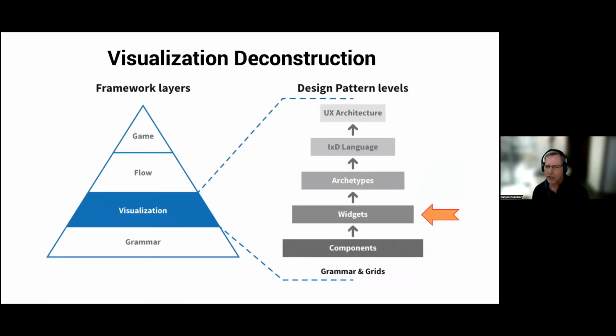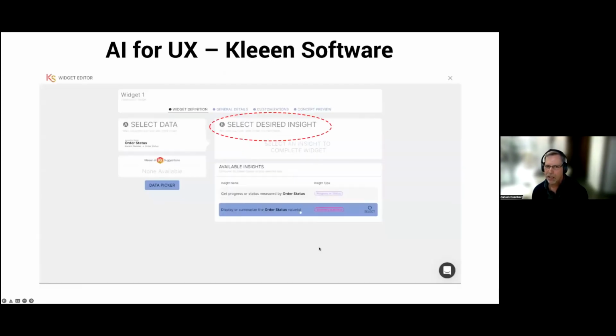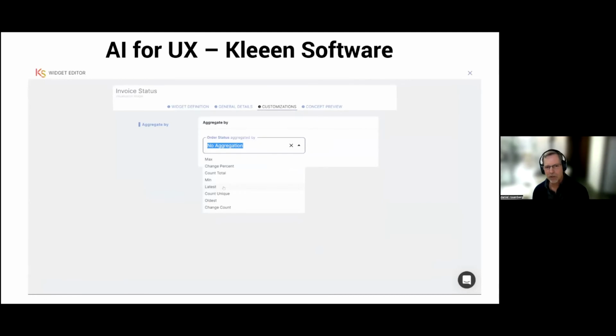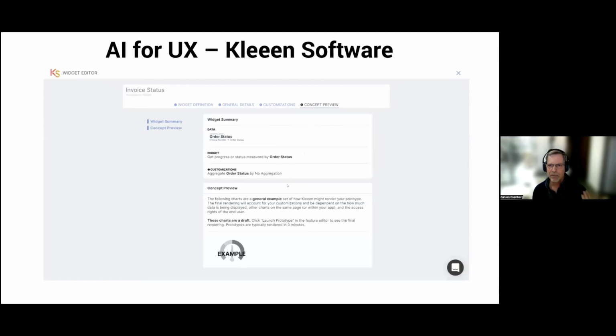In the visualization layer in the UX Magic book, there's also a decomposition which is used inside the product. And so, for example, we have boxes and letters and buttons in the component level. We have widgets. The system can also design custom widgets for you. You have to explain what the insight is that you want. And you kind of go through this wizard and explain the insight and whether there's aggregation of the data in the wizard or whether there's no aggregation. And effectively, it starts to build components for you.